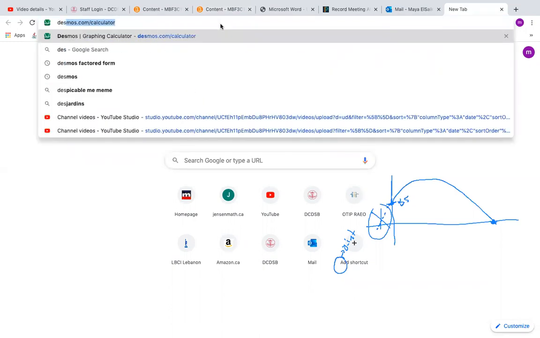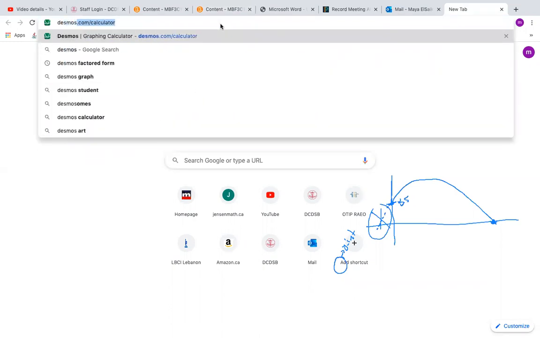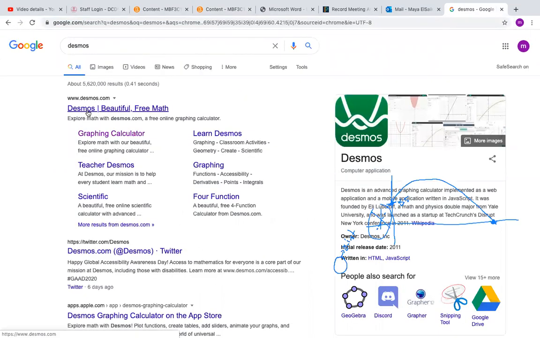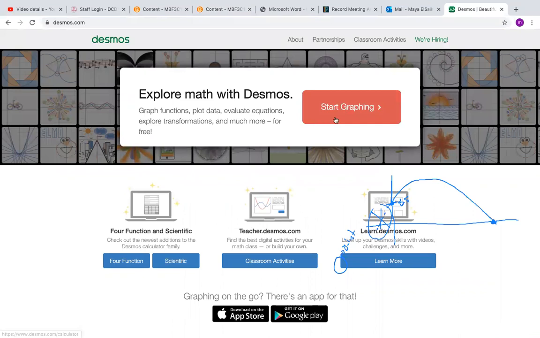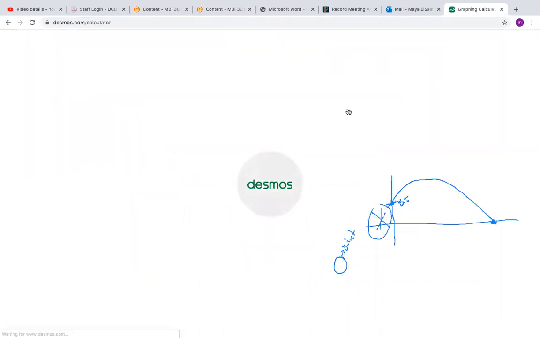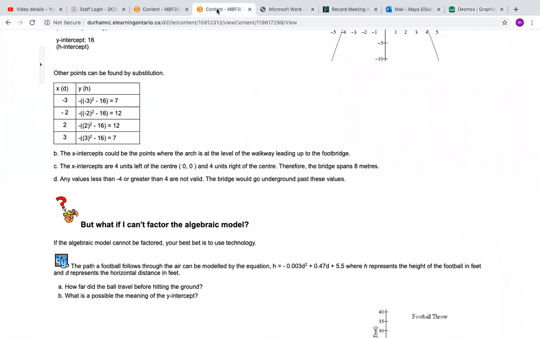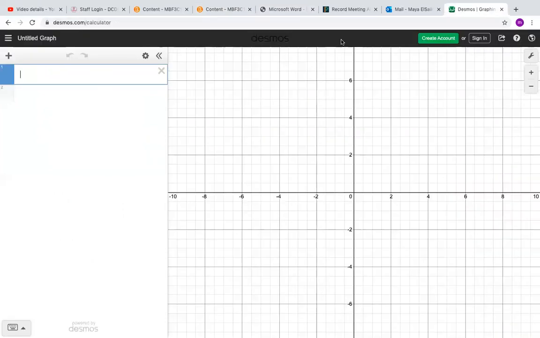Okay, so you're going to type Desmos, and then you're going to go to Desmos, beautiful free math, and then you're going to click start graphing. Let me just clear this. And in Desmos, you can actually type whatever equation you need. So in this case, we're going to type the equation that we have, and the equation is h equals negative 0.003 d squared